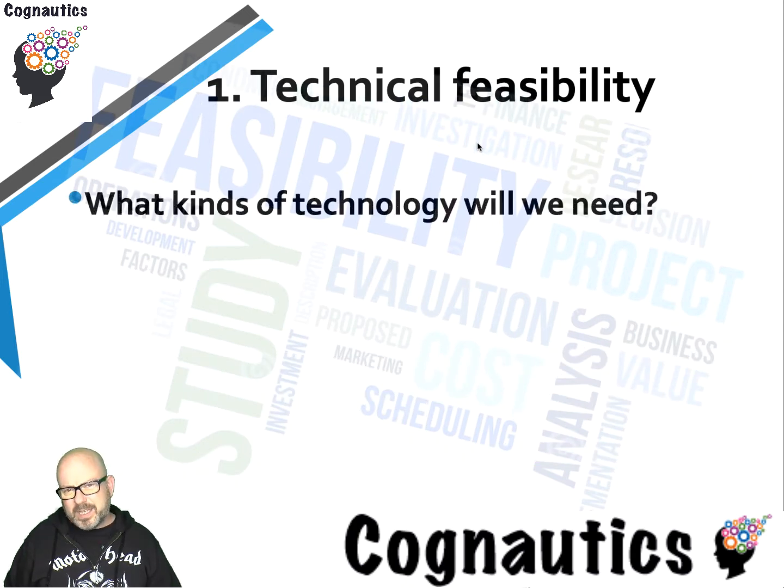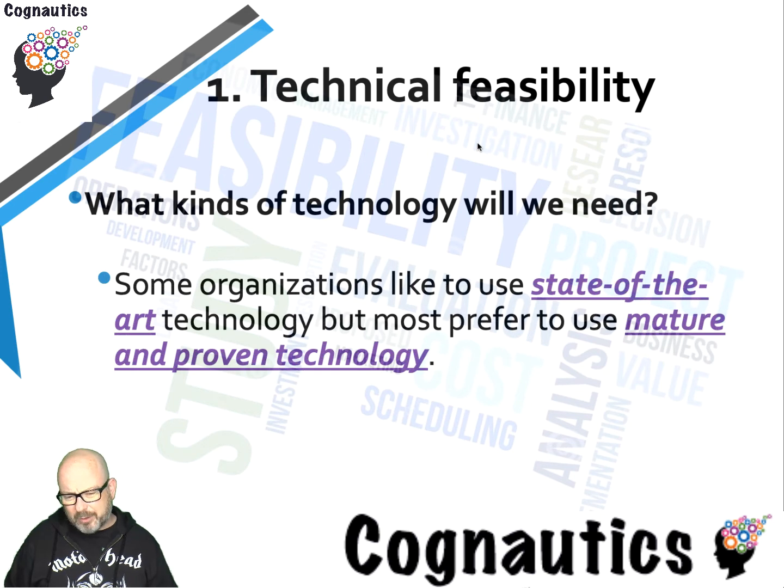So to dig in a little bit more on those areas, we know that some organizations like to use state-of-the-art technology, cutting-edge technology, but that brings with it its own set of problems. State-of-the-art technology is very appealing because everyone wants to be an early adopter, but being an early adopter brings with it technical problems for which there may not be an easy solution, and you may have to wait for that solution. So that's why most technology companies prefer to use mature and proven technology, because you know how to solve